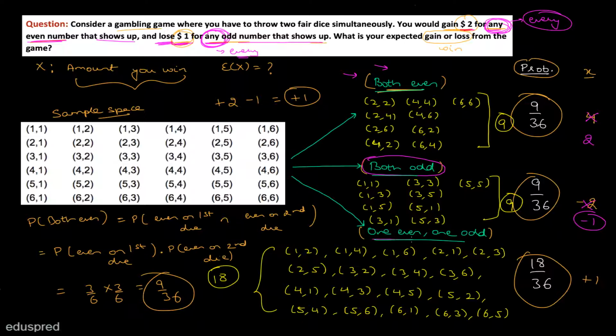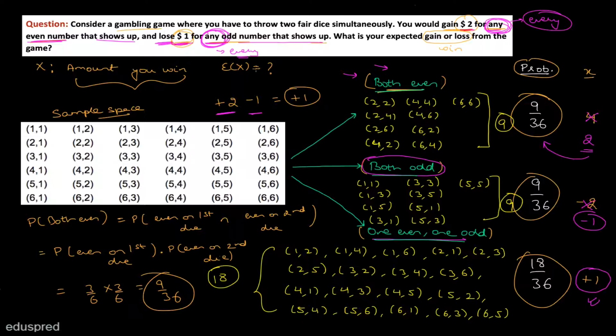And for this third case, this is right, you're going to have +1, because in your final output you have an even number and an odd number. So you get +2 for the even number and -1 for the odd number. This is fine, you have +1 over here. So the values of x are not 4, -2 and 1. The values of x are going to be 2, -1 and 1. These are the right values of x that we are going to work with. And for every value of x, you know the corresponding probability.